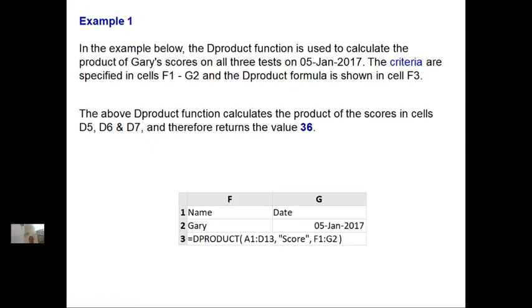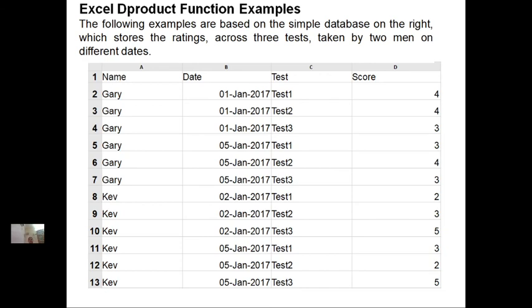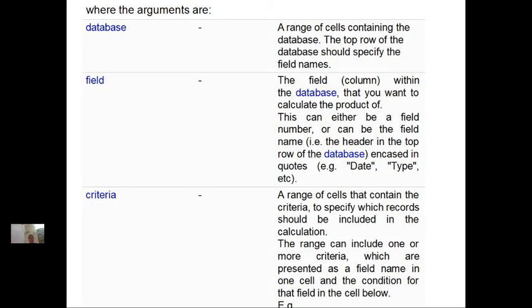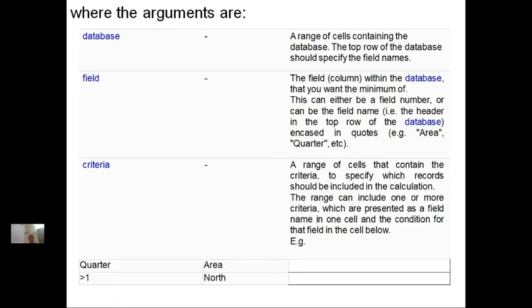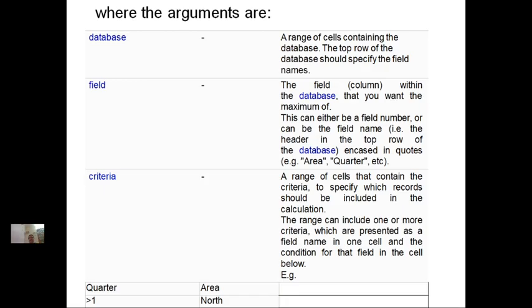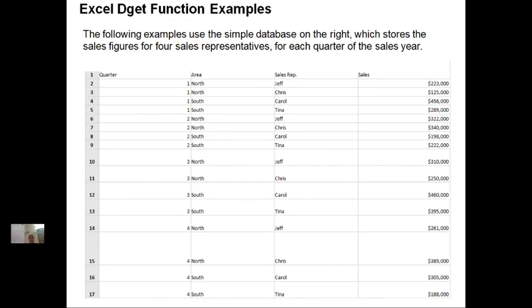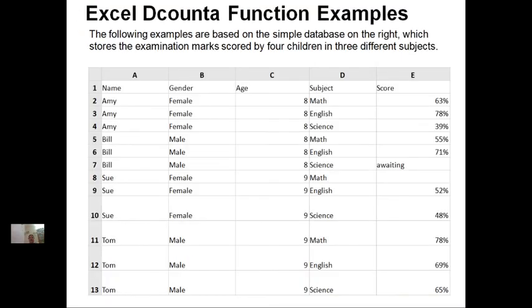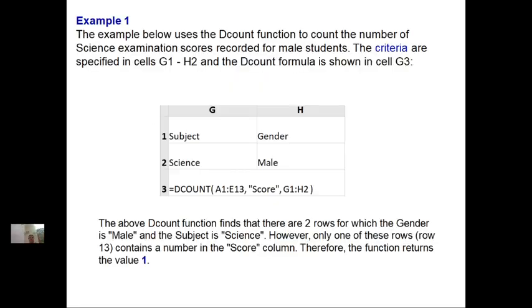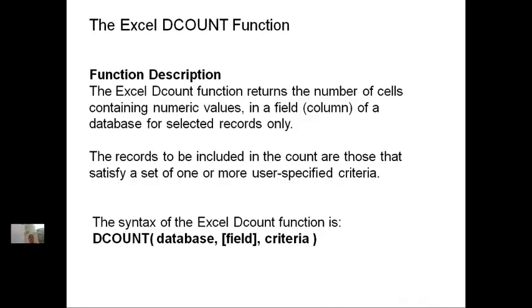So these are the database functions which in this class we have seen, how they are used, what purpose they are used for, what the syntax is, and we have taken an example and explained each and every database function. And we still have some more database functions which I'll continue in tomorrow's class.